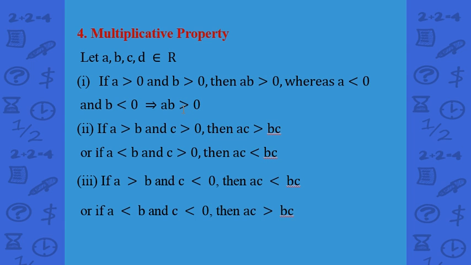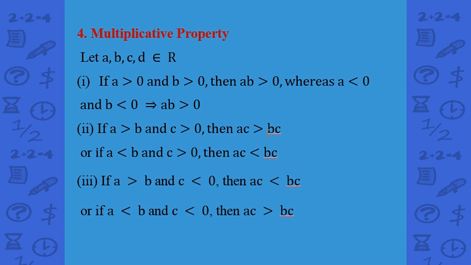It means when I am multiplying two negative numbers, the resultant or the answer will be positive. So for this purpose, I am taking an example. Minus 2 is multiplying with minus 4. So 2 4s are 8, and minus minus become plus, so plus 8. The product AB will be equal to plus 8, and it is a positive number which is greater than 0.